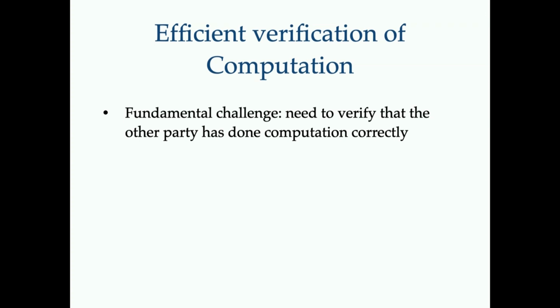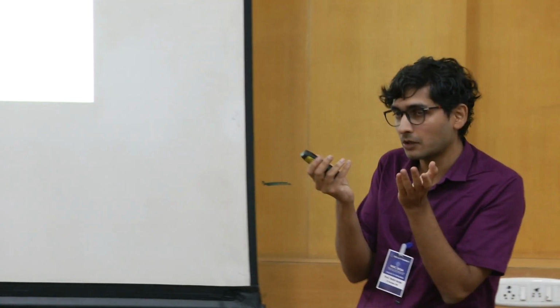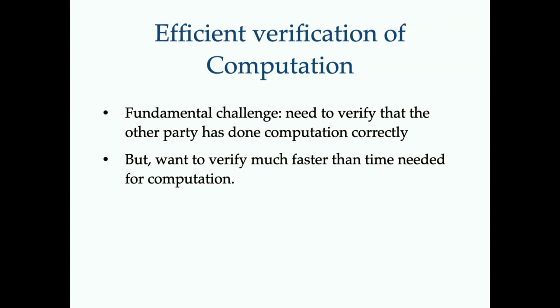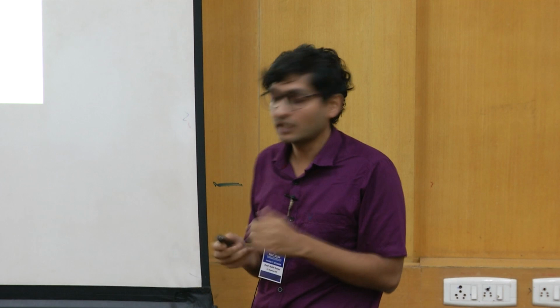I told you that one of the crucial components of blockchains is that someone does some computation and other parties need to verify that they have done what they are claiming they have done. But the challenge is that you want to verify it much faster. You don't want to do the same computation yourself, right? One way to verify is you just do the same computation yourself and then see if the answer matches. But you want to do it exponentially faster than the computation time. So verification should be exponentially faster than computation time, and that challenge is solved by polynomials and some tools from